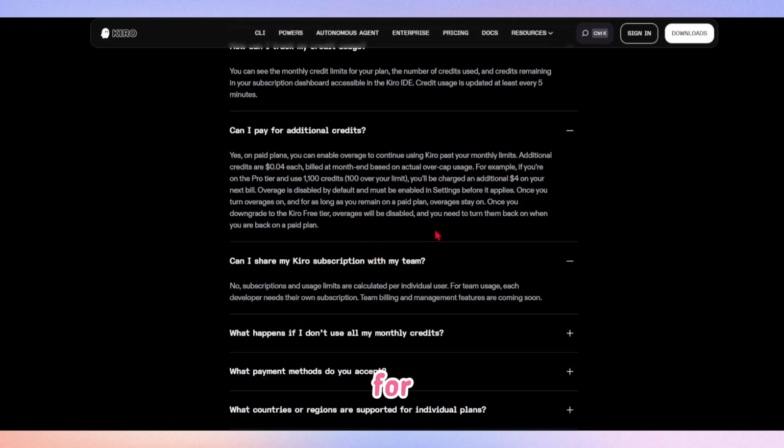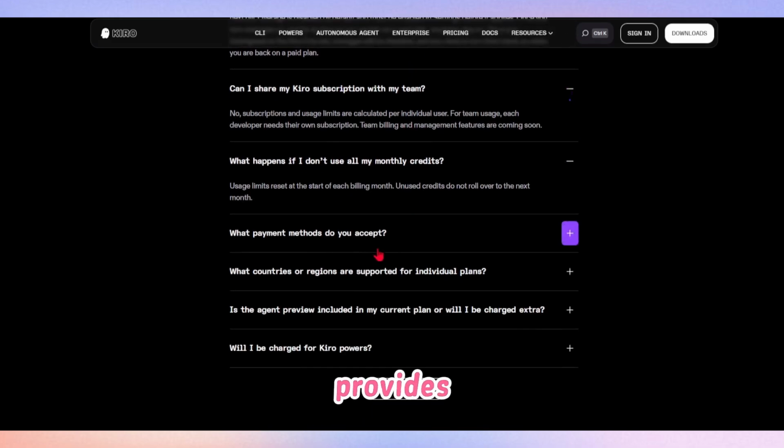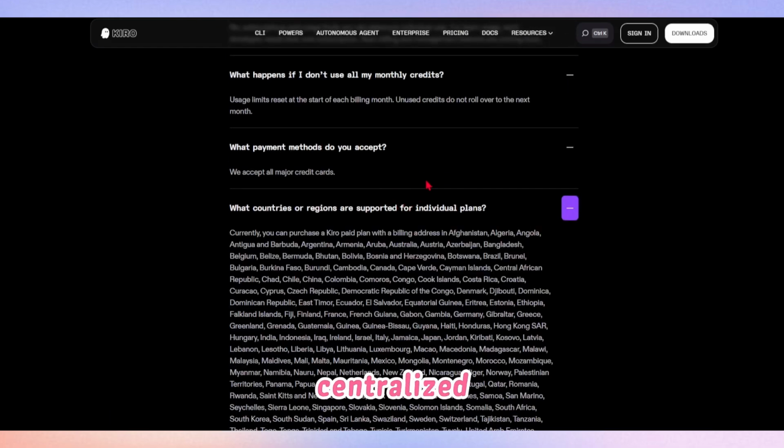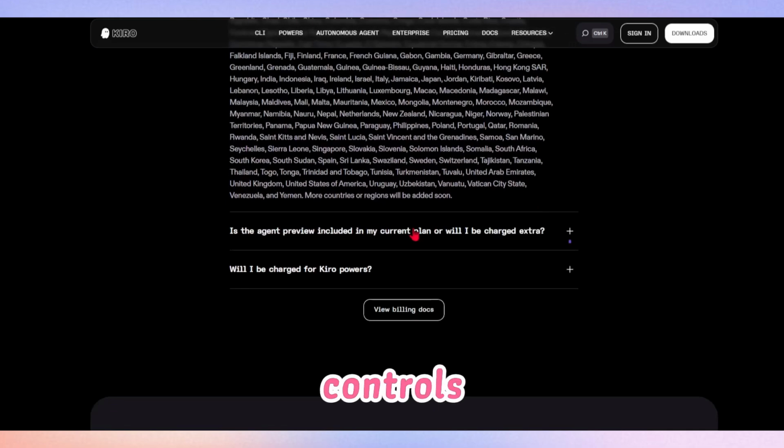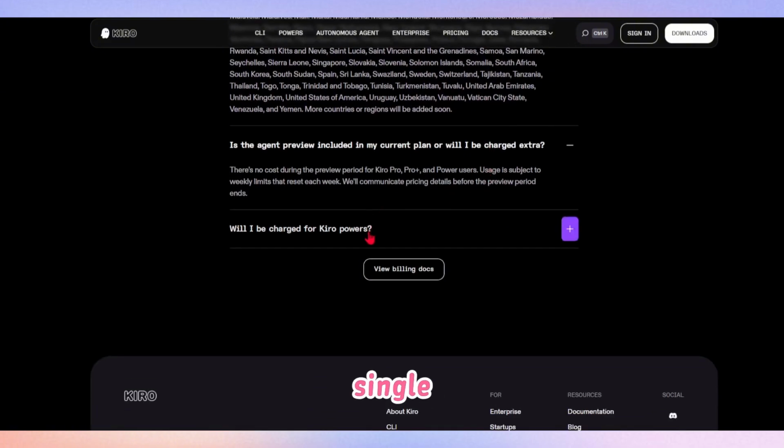For larger organizations, Kiro provides enterprise solutions that include centralized billing, advanced security controls, SAML single sign-on, and